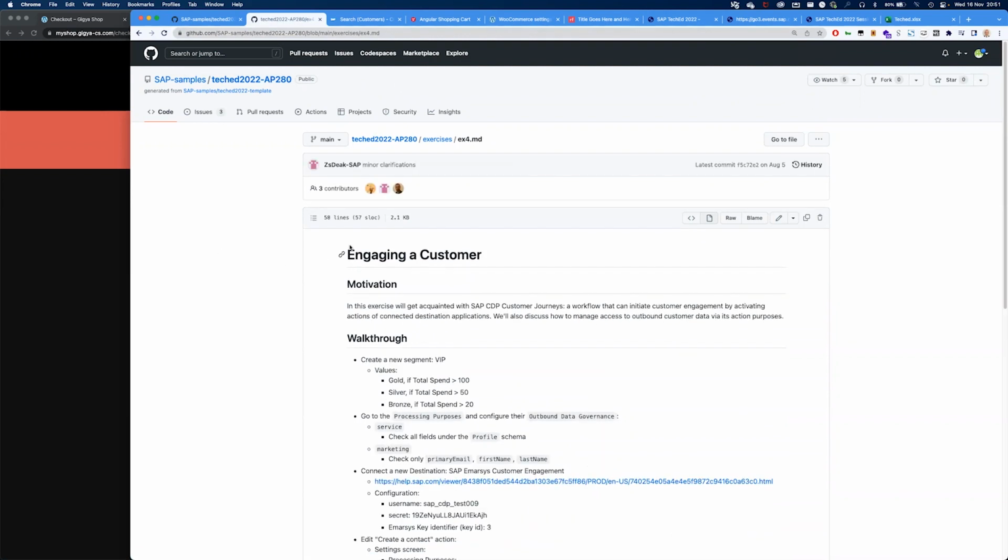So here we're talking about doing a couple more segments, and we'll see how we can actually do that. We will also create a connectivity, but this time, instead of focusing on the inbound, we want to focus on the outbound, right? So the idea will be to design a workflow that initiates an email being sent from SAP MRSys, and we will discuss how you can actually design it